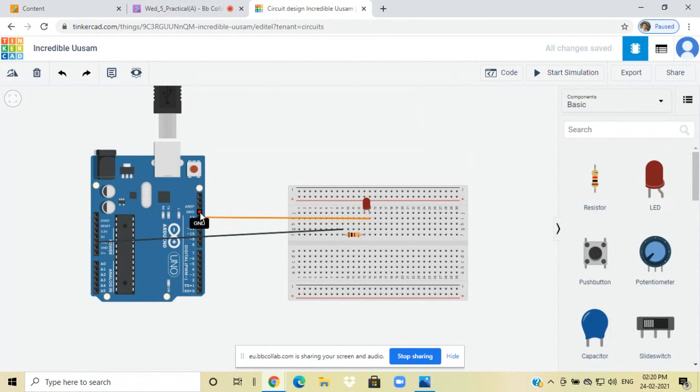Now it is visible, I think. And on the left side, two other grounds are there. So three ground pins are there in the Arduino.